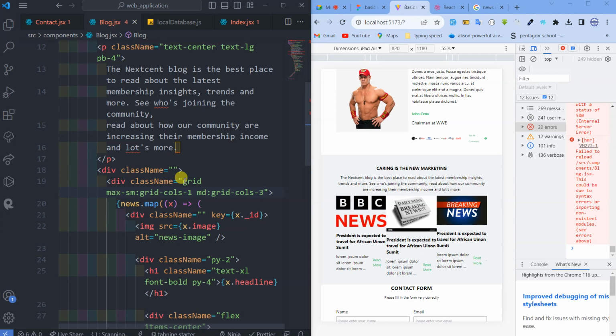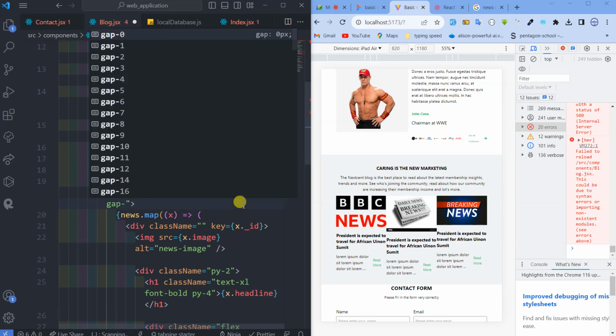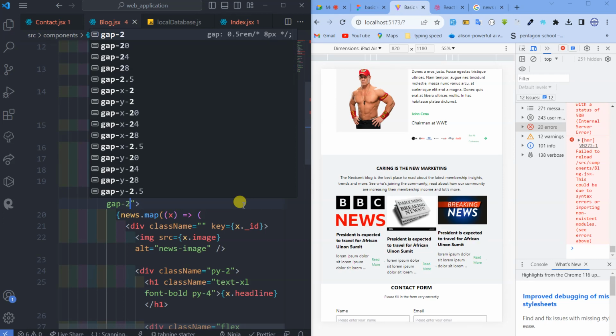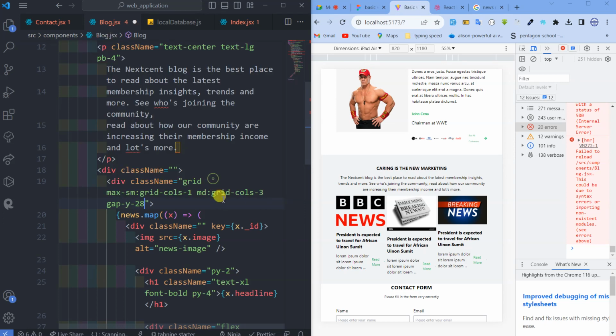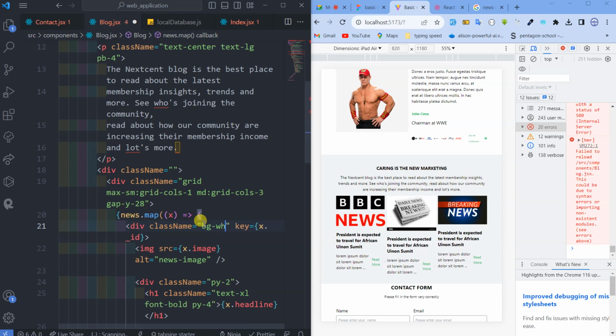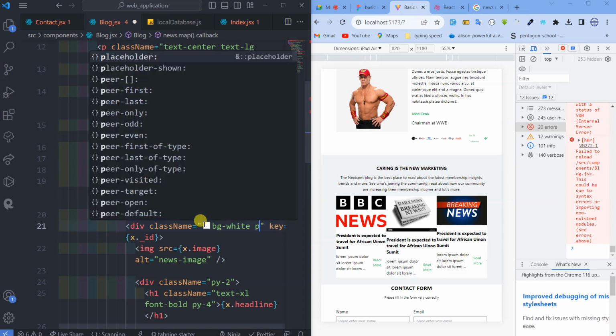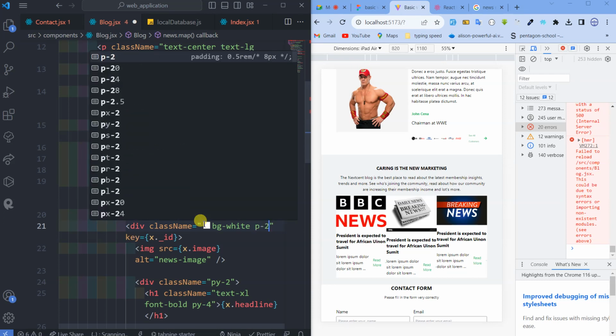Now we seem to get almost everything. Then we can just add a gap here, a gap of 2. Let's see, there's a space created there. Then the cut itself, here you'll have at least a nice background. Let's say it's going to be white. First of all, let's have bg-white so that we can see them very well. Bg white, and then it has a padding of 2,